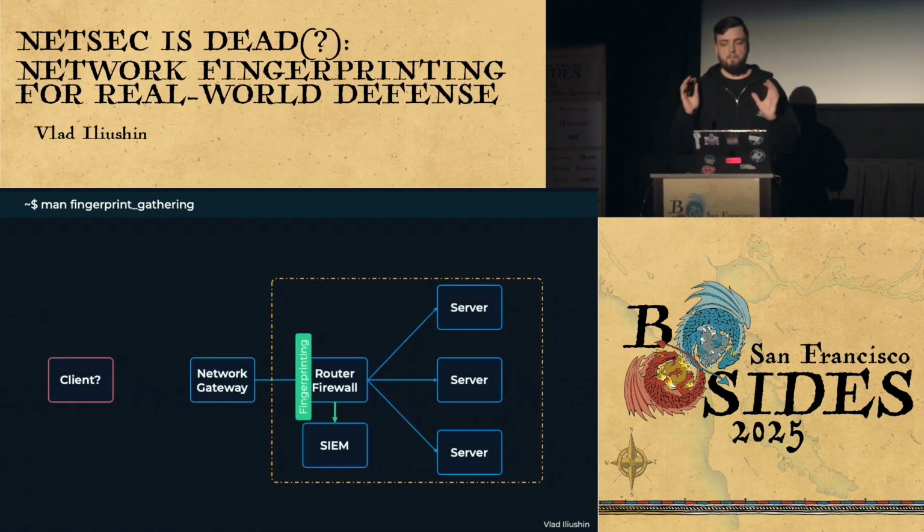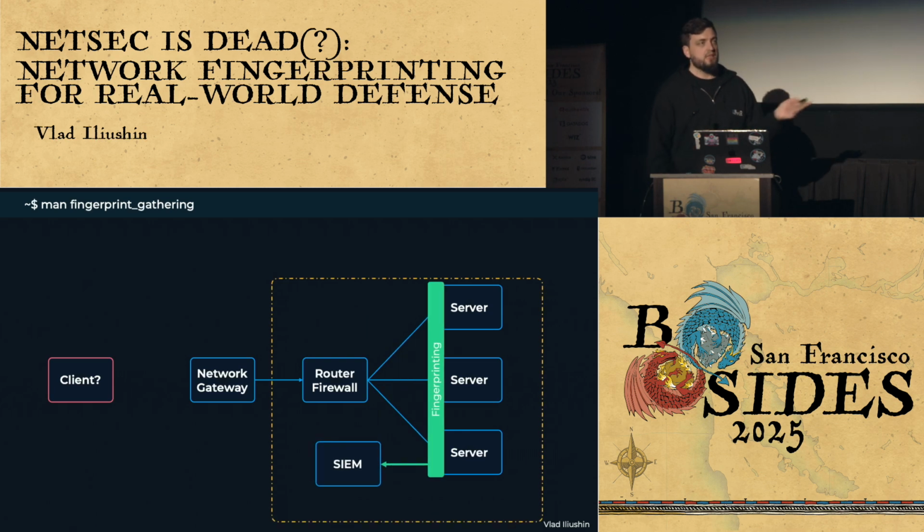Now, there are many ways to skin the cat. There is on-prem infrastructure, there is cloud infrastructure, there is multi-cloud infrastructure, there is hybrid, and if you're a startup, your infrastructure is a laptop and your brain. Fingerprinting the brain waves is out of scope of this talk. So depending on your need, you can start fingerprinting at either the router, or if, for example, you have a huge set of Ansible scripts to manage your whole infrastructure, it makes sense to just deploy them on the server and forward it into your SIEM.